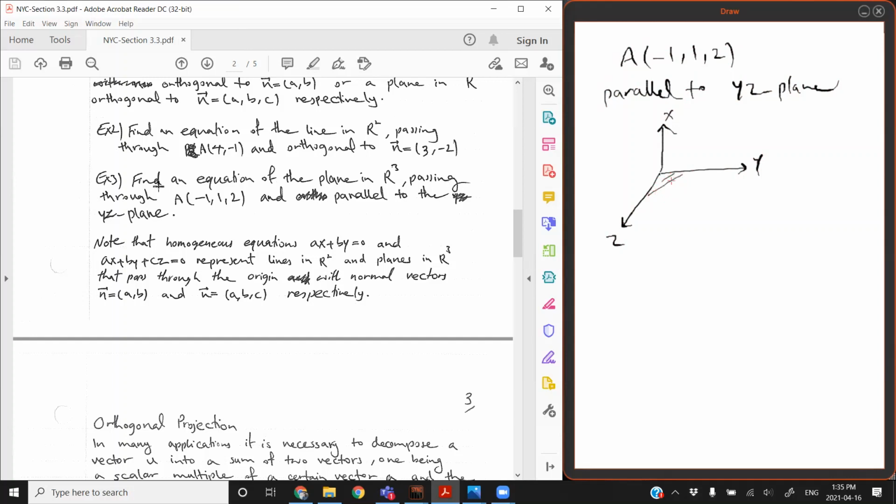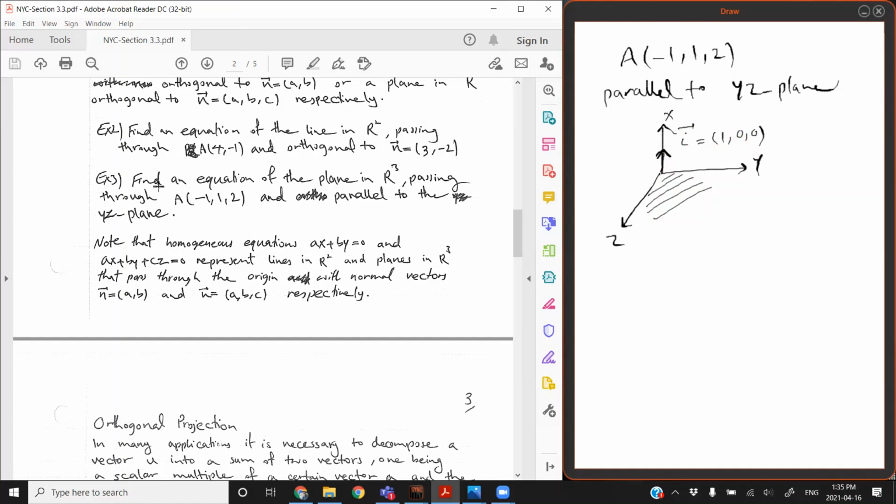Yes, so that's the YZ plane. That's the floor here. So I can use the unit vector alongside the x-axis, which is the vector i, (1, 0, 0). I can use that as the normal vector,